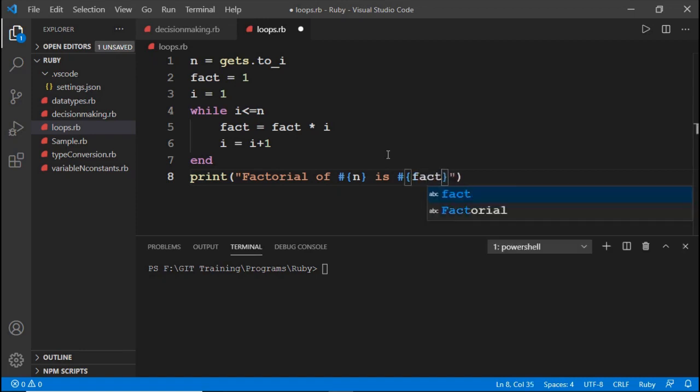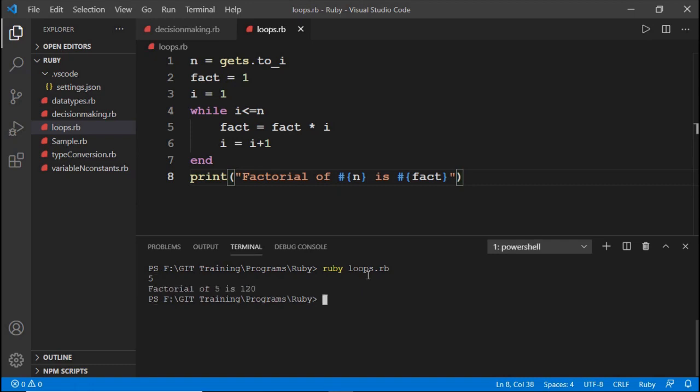The result is stored in the fact variable, so that is what I am going to print on the output screen. Now I run this: ruby loops.rb. Enter a value, 5. See here, the factorial of 5 is 120.